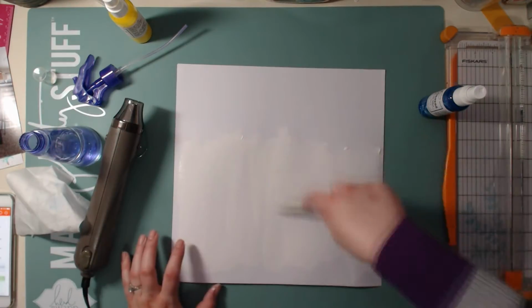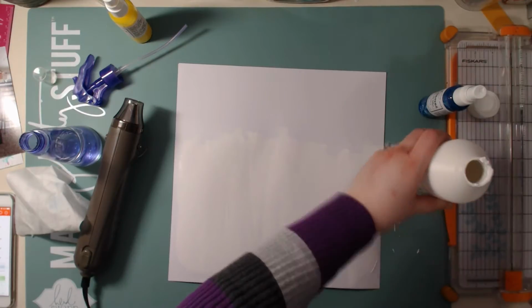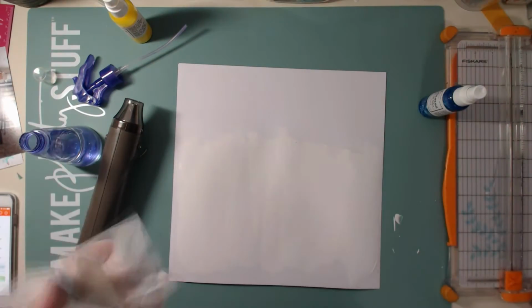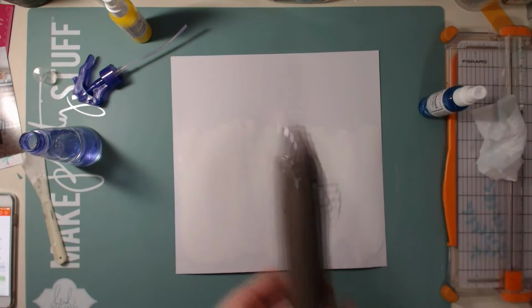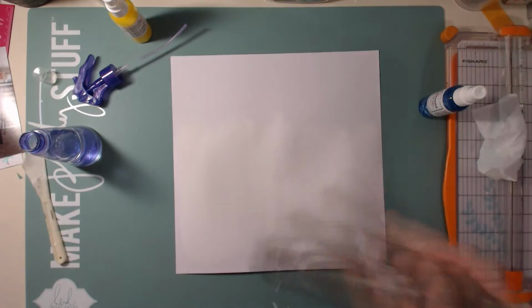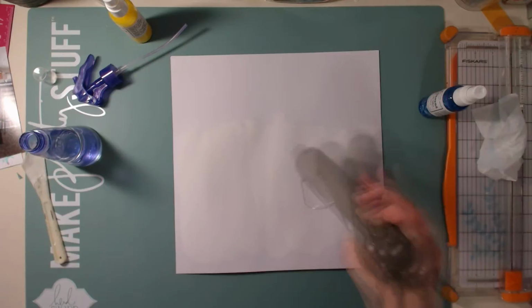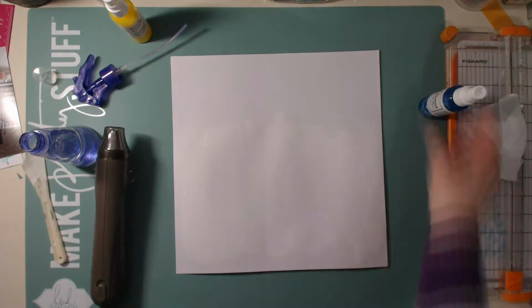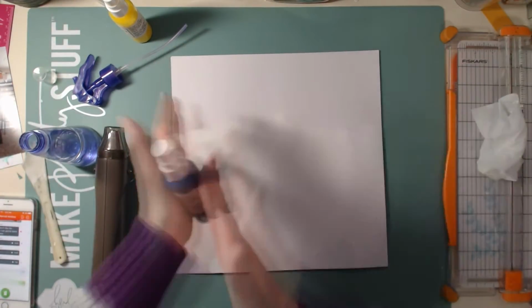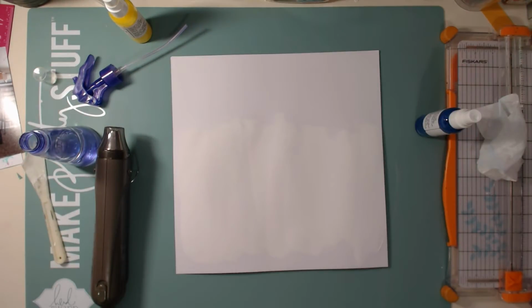So here you can see I did pull out one of my little gesso spreading thingies. What is that called? Palette knife. Yes, I know how to use words and talk. So here I'm just going to dry that up, and I thought maybe using a palette knife would give the background a little bit of a different look, and it did. I don't think I liked how that one turned out at all. So I am actually going to go back to the second one, but I am going to show you how